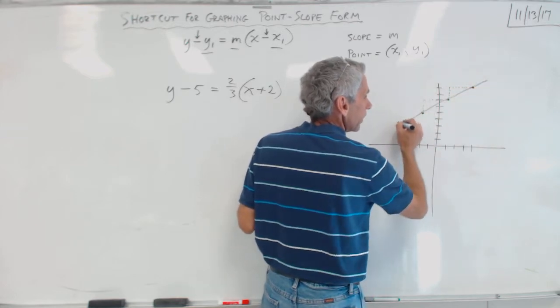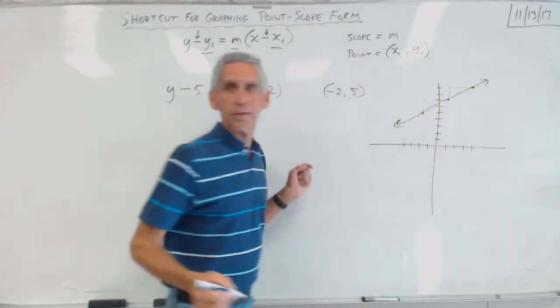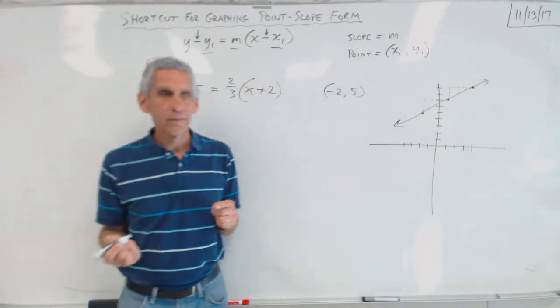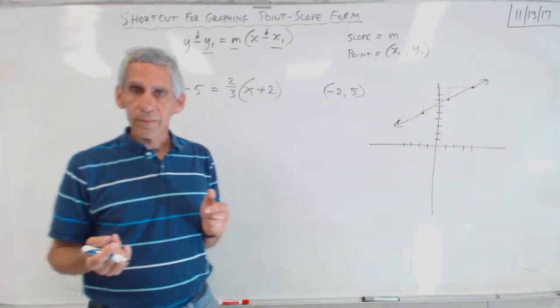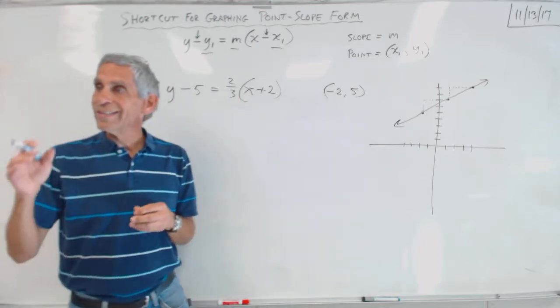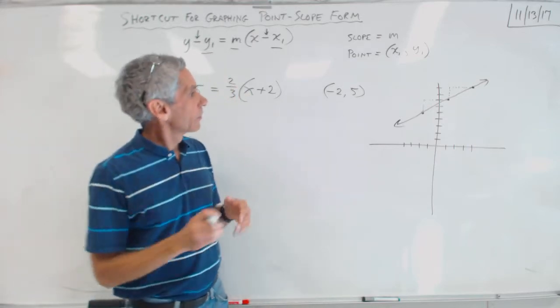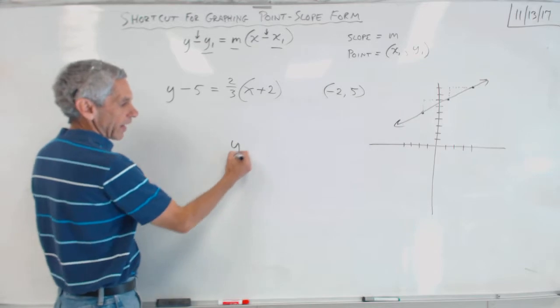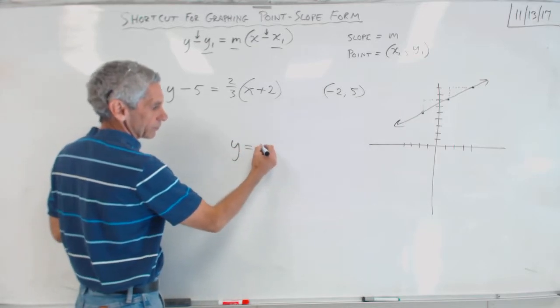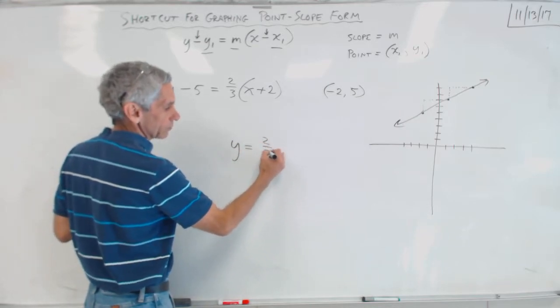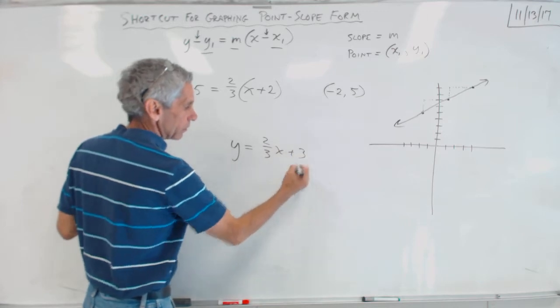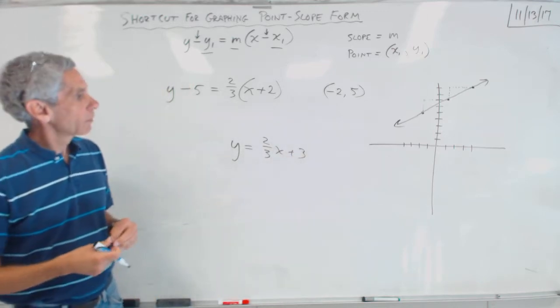And I draw my line. And that's how you graph the point slope form, right? That makes a lot more sense. So the difference, think about it. If I asked you to graph, you go to 3 and then go up 5 and then put it out there. And then you see that thing with the 2